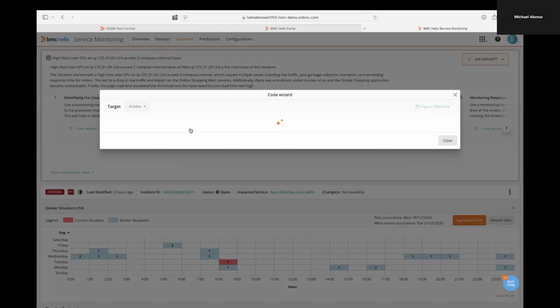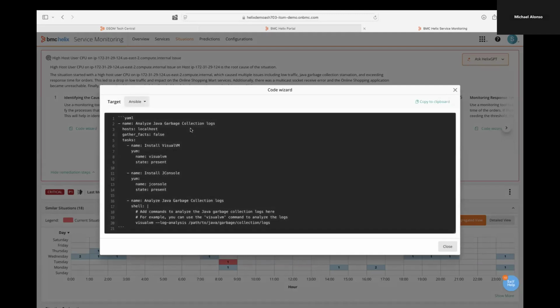I can click on Code Wizard, and again, the AI takes over. I'm not doing anything right here but waiting. And then here is the code that I need to execute to do that. I can copy that to my dashboard. And in this case, it's an Ansible. I can do Bash. I can do Python. And when I copy that in my dashboard, I can go into our automation component, which you'll see here in a few minutes, drop that into an automation, run it, and get my results back. Notice for these troubleshooting steps and things like that, I didn't do anything but copy and paste. I don't have to be a scripter or a coder or anything like that. The AI will do that for you.